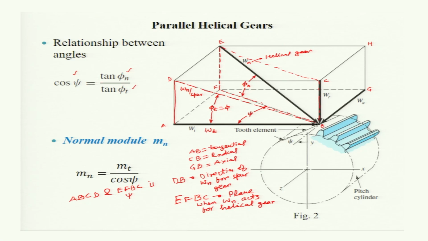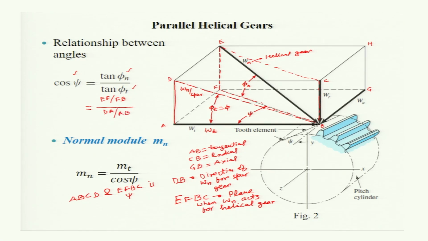Tan phi n is given by EF divided by FB, and tan phi t is equal to dA divided by AB,